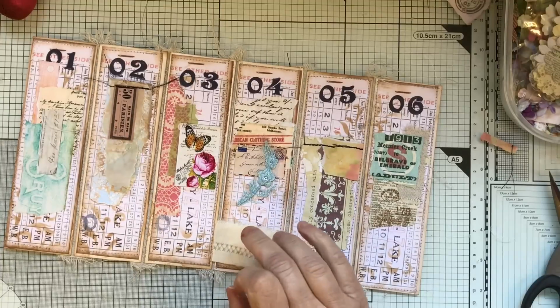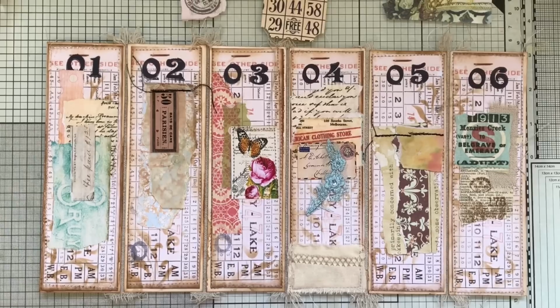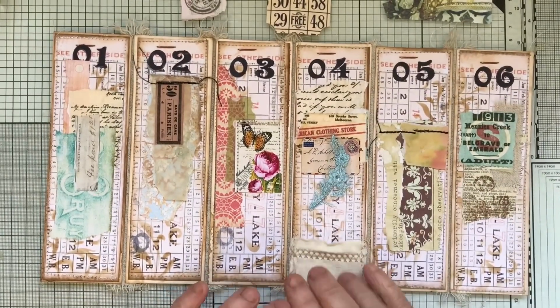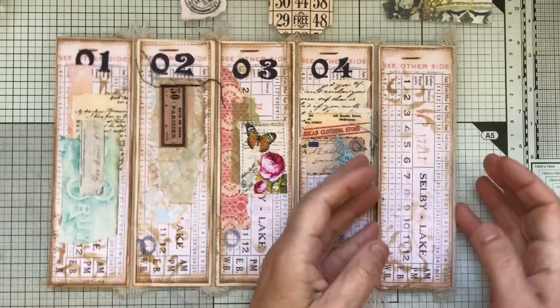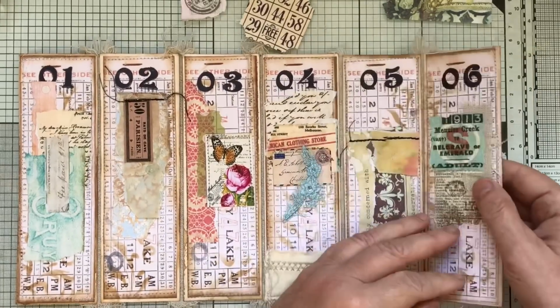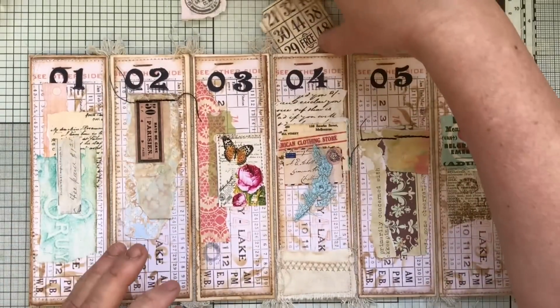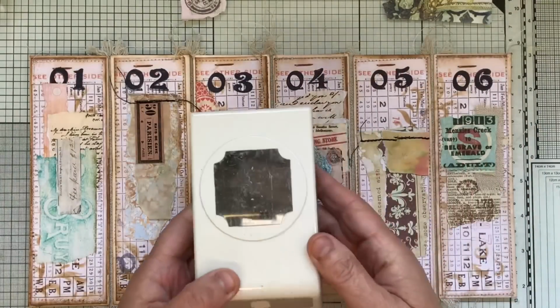Okay, and I'm going to stitch this pocket on. Okay, I've stitched the little pocket now. All right, and I'll put a bit more decoration on that. What I thought I was going to do next is quite fancy having a tab at the back for a change, and I couldn't find my tab punch, so I had an old printed bingo card, and